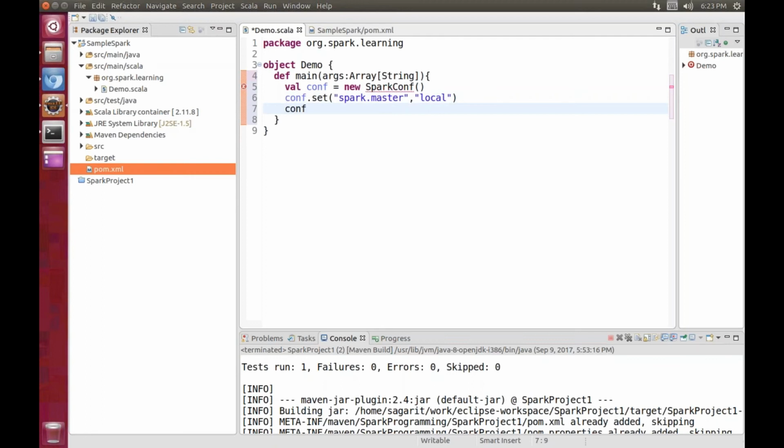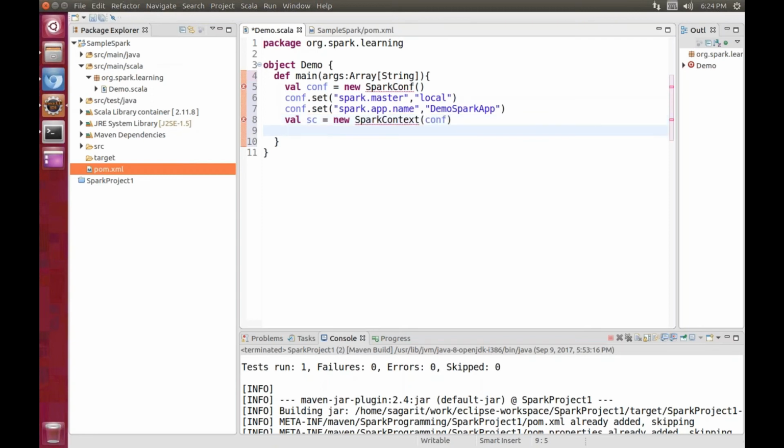Next, again set the application name, conf.set spark.app.name to, let us say, demo Spark app. We can give any user defined name, that's up to you. Next, now create the Spark context object, val sc = new SparkContext(conf).